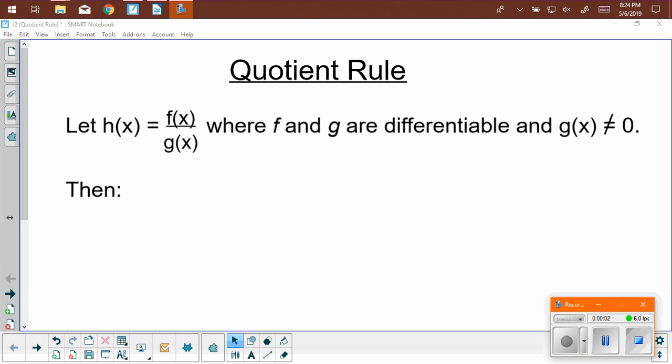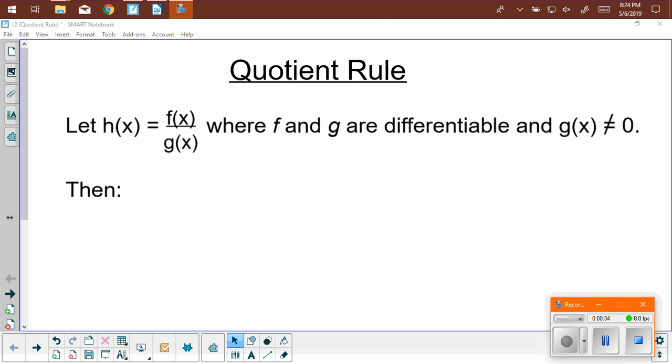Good morning, everyone. Today we're going to learn the quotient rule, which is in the same vein as product rule and chain rule. This is our last rule in this section. In some ways this is kind of a bonus rule because yesterday, with product and chain, we were able to differentiate things that had a numerator and denominator. So you don't have to use this rule. However, it's a little bit more efficient than using product and chain